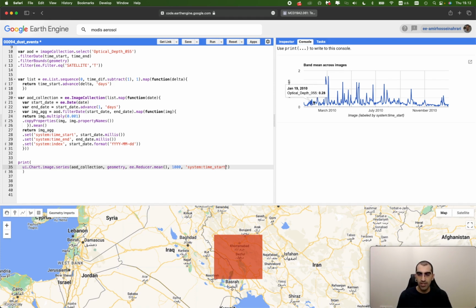And also when AOD goes beyond 0.5, it means that there is a dusty situation or a dust event. There are also some big events here, for example, on February 25, March 4, and also May 14. All of these could be considered as dust events in this image. So now I'm going to show you how we can calculate the